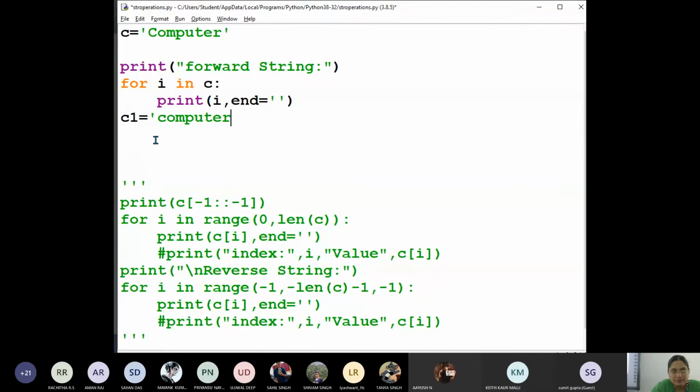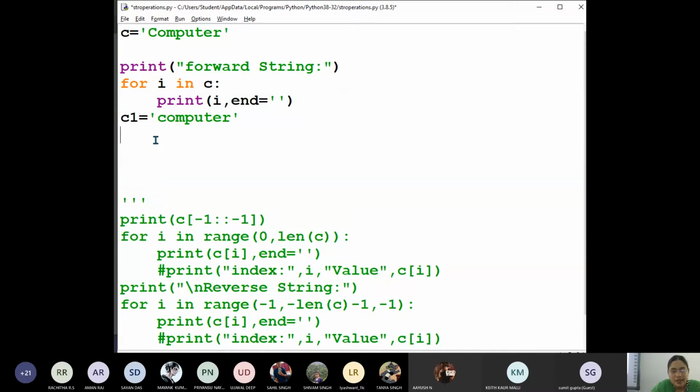Are they both the same? Print c equal to c1. So what will be displayed? Double equal to means comparison. Both are equal means true. Both are not equal means false.